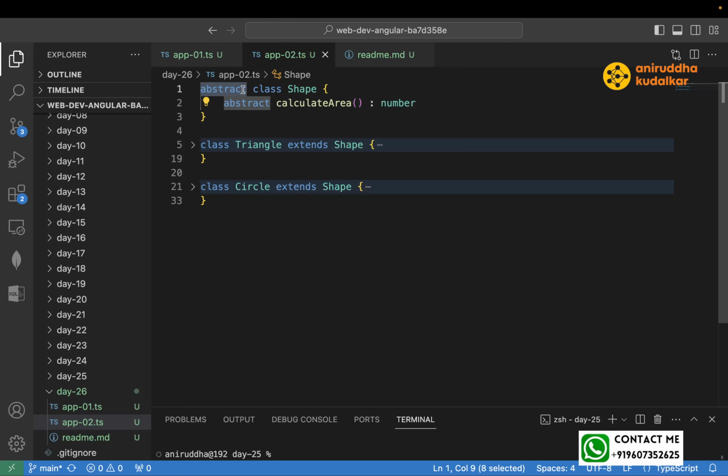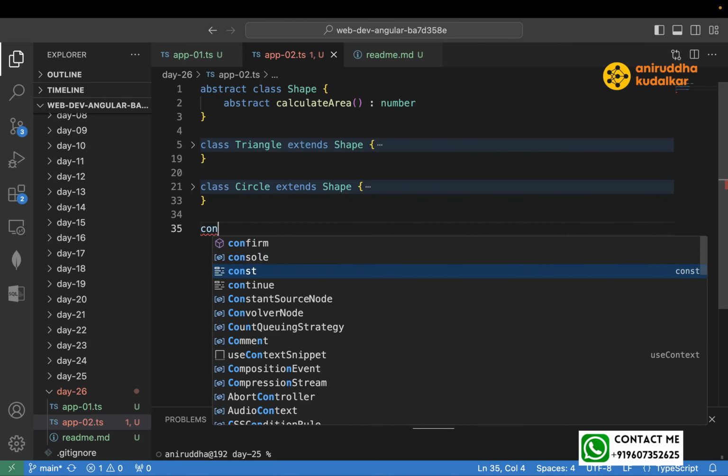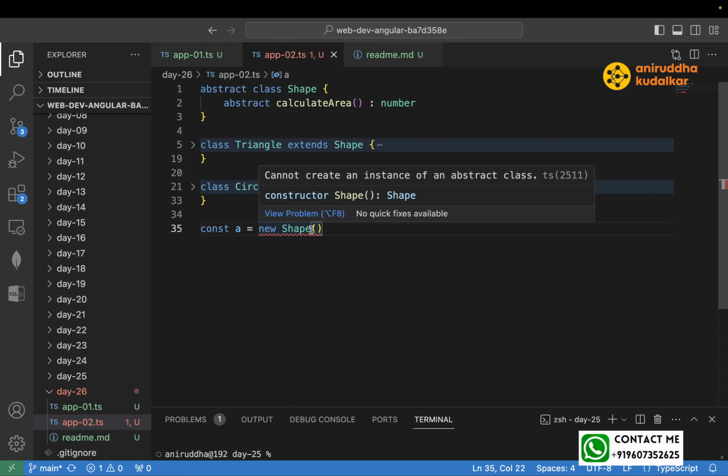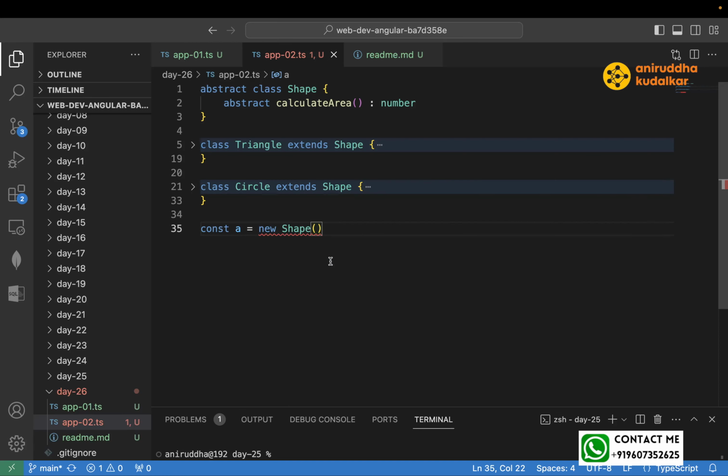Right? And that partiality is represented in the abstract keyword. The way your brain cannot create an object of animal, you cannot create an object of shape. See here, you will get an error: cannot create an instance of the abstract class. What is the reason? The reason is that